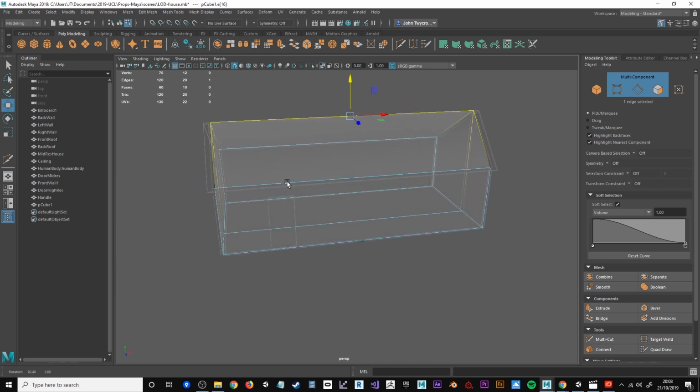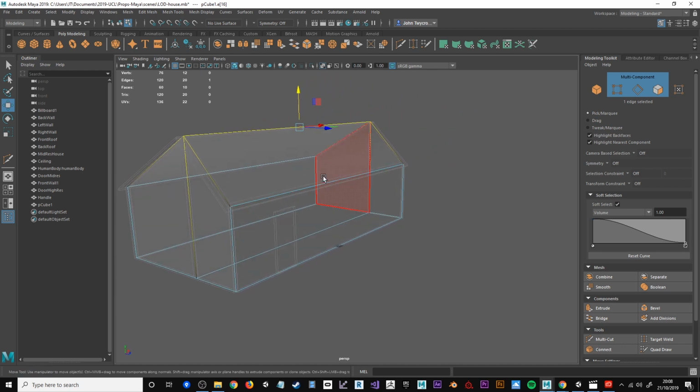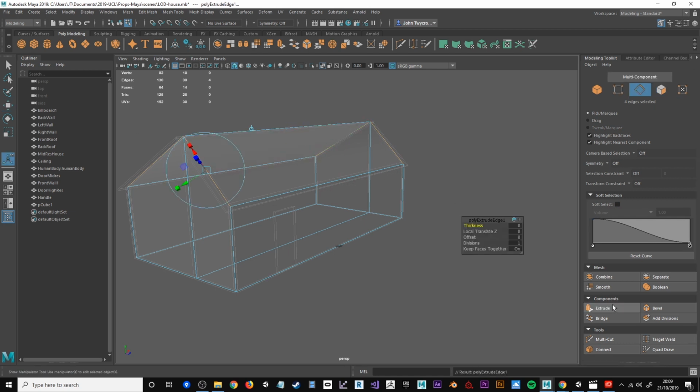Essentially that would probably do for this, but I can also turn soft selection off. I can see that better with what I'm selecting. I can also make an extrusion to bring those out slightly. I'll click on this to give it a world center and just extend that so that it is matching where the other roof is,